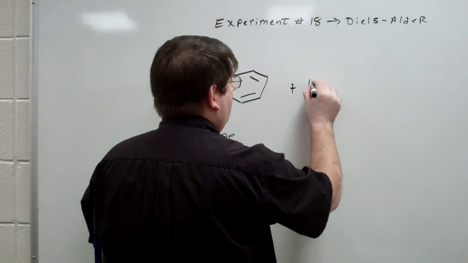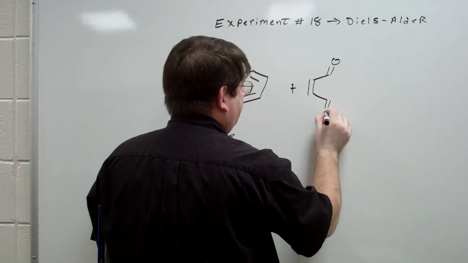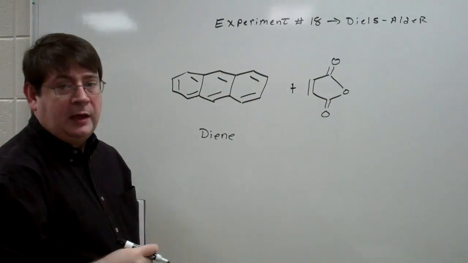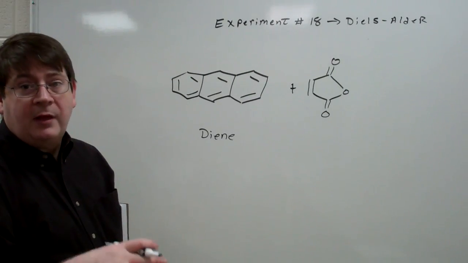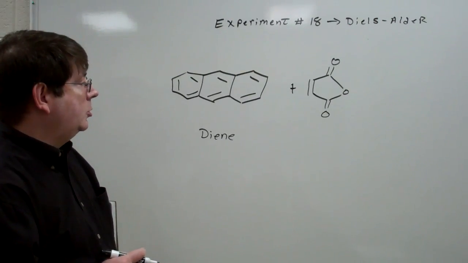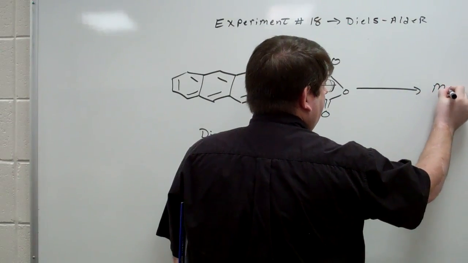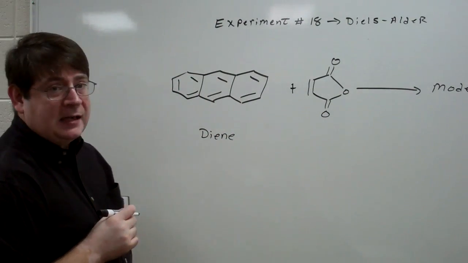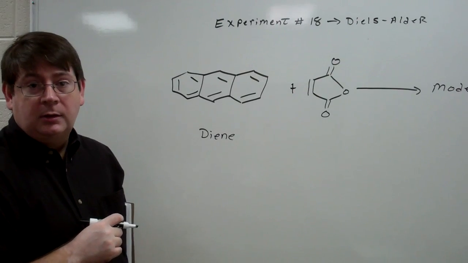And then as our dienophile, we're going to be using maleic anhydride, which has 2 electron withdrawing groups on it, which help lower the energy of the LUMO such that you get good HOMO-LUMO overlap that allows the reaction to occur. Now, I'm not actually going to draw the product up here. I'm going to show you a model of it because it's just a lot easier than drawing. But what you should be asking yourself at this point is, how can we do an addition reaction